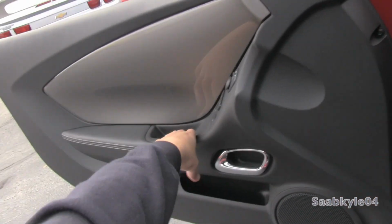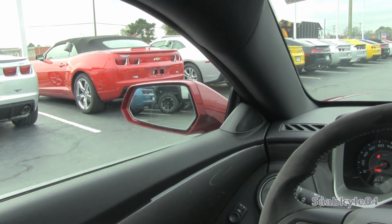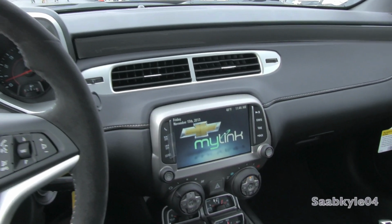So let's go and shut her up. Solid door panels. Now last year, for the first time in Camaro history, it was finally introduced with the Chevrolet